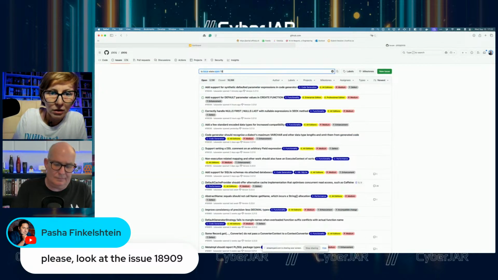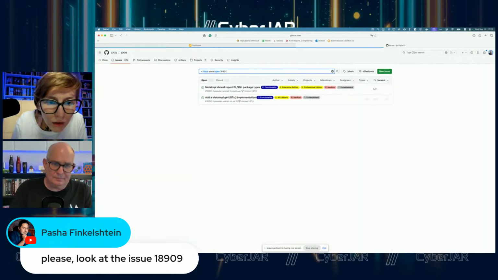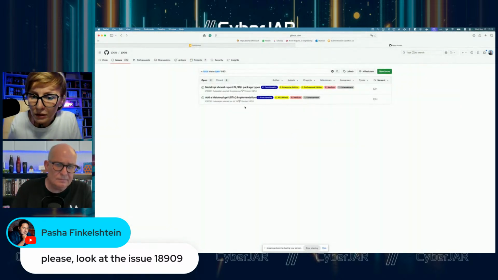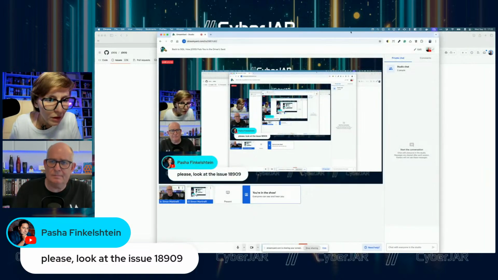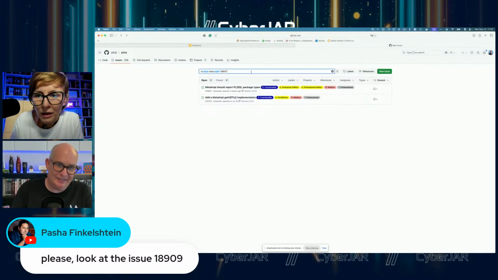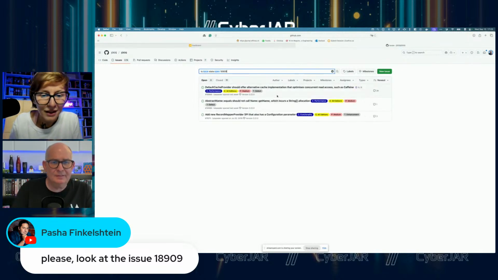Is it this one? No. Let me see. Pasha, maybe you could give us a link to this issue, because I'm curious. Okay, 18909. I am so bad at maths, spelling numbers. 18909.